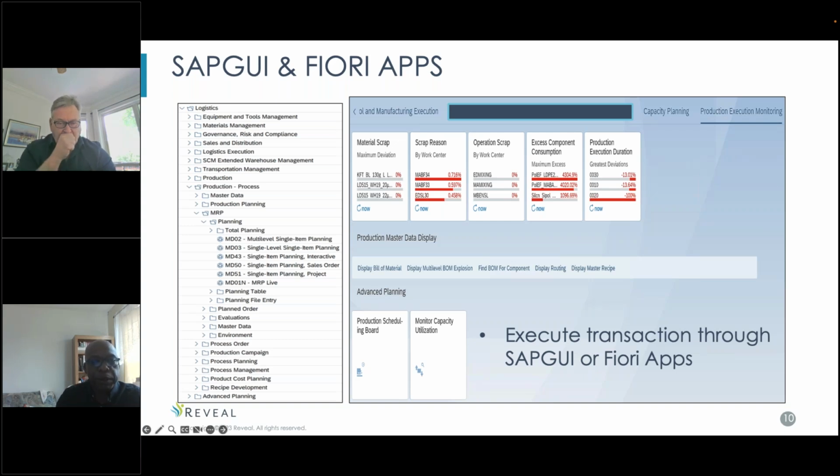Chances are it's probably going to be both available, but you also have the Fiori app approach. Each tile represents a transaction. And I should also mention that the Fiori app solution or access is web-based. So it's like bringing up a website, and that will then allow you to bring up these various